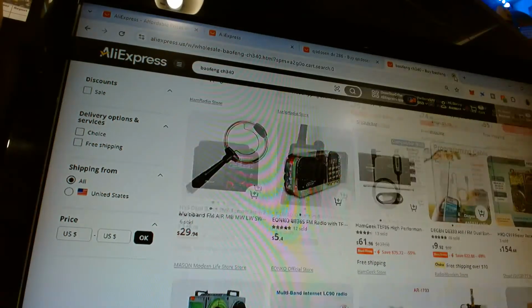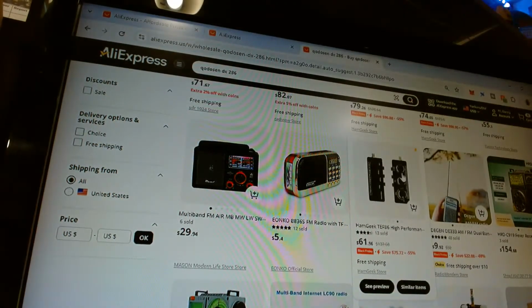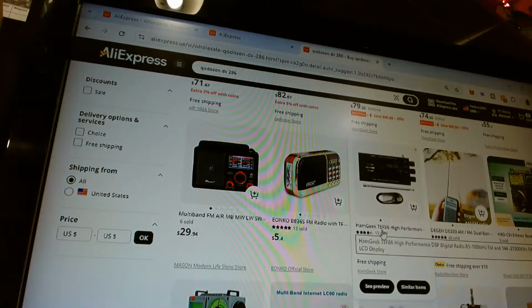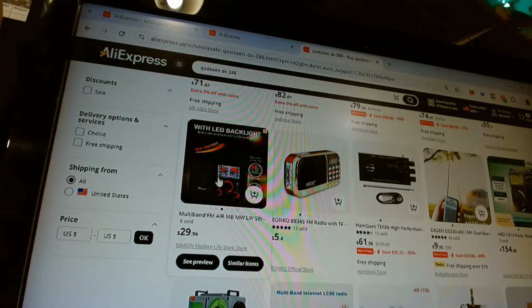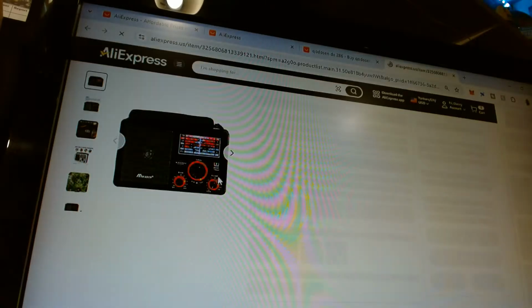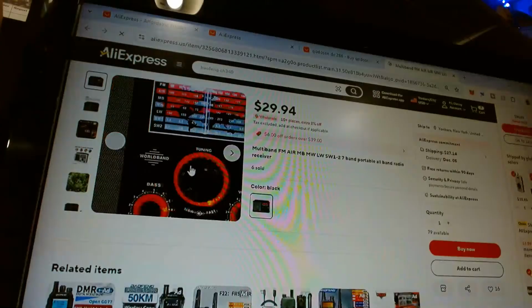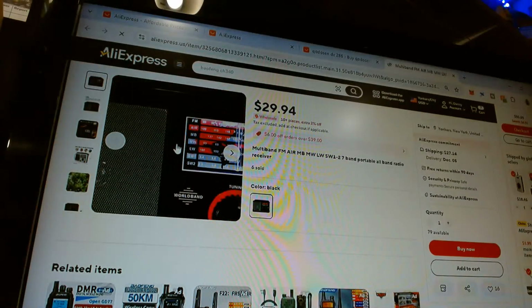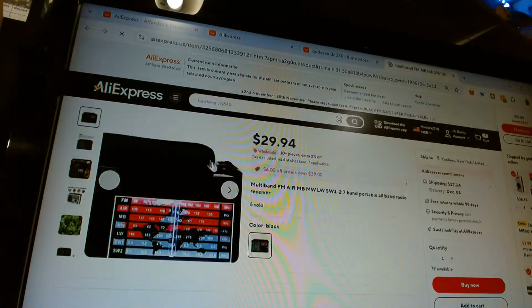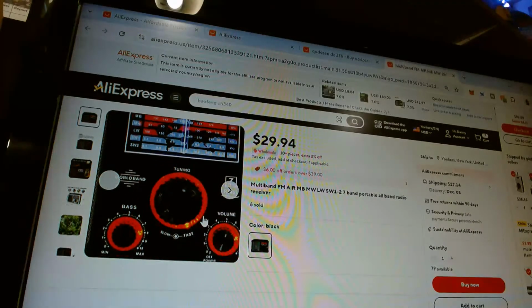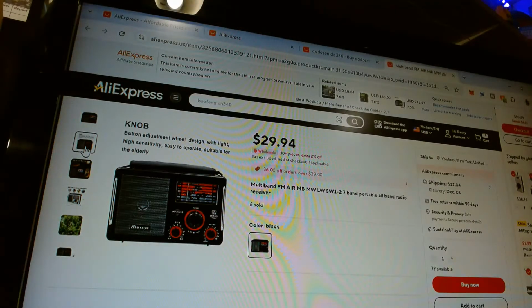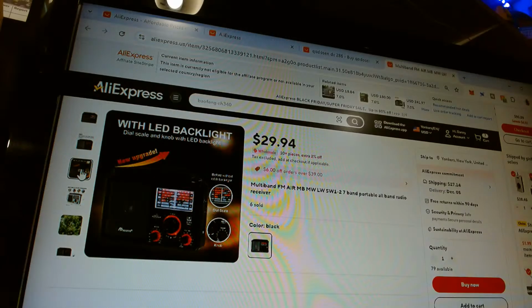So there you go. Let me go down the handhelds here. I definitely like this price on this Ham Geek. This one looks interesting too. Let me see what this one is. And this is the multi-band. Oh, I saw this one before. I remember this one. 7 band. LED backlit.